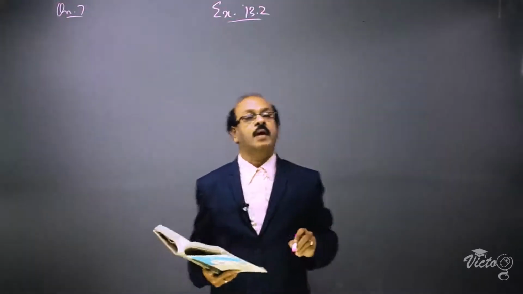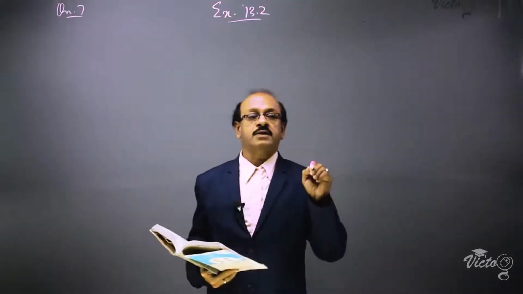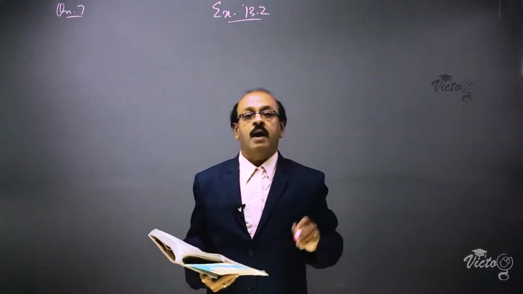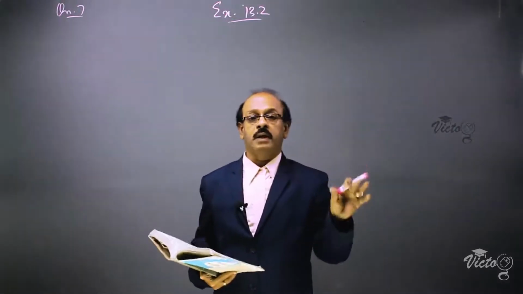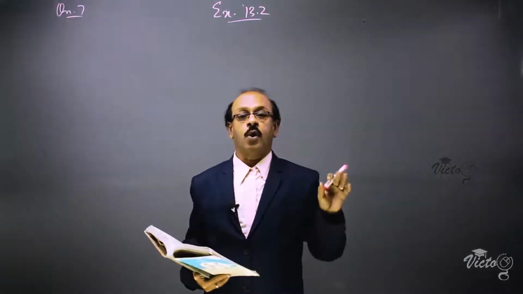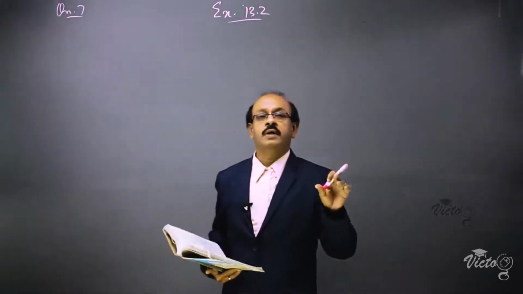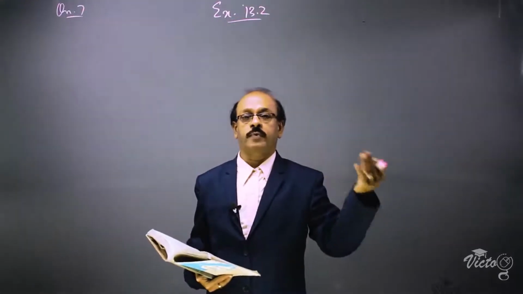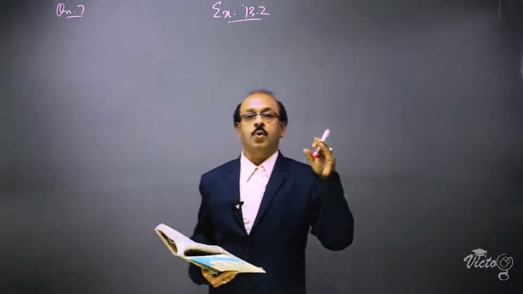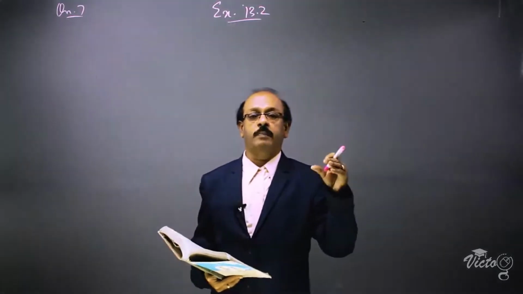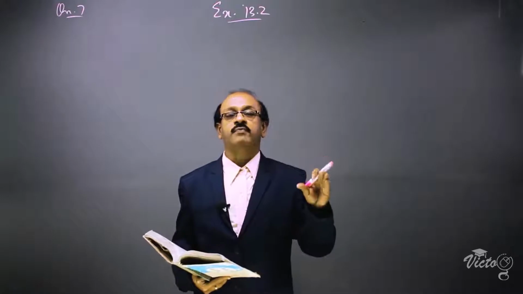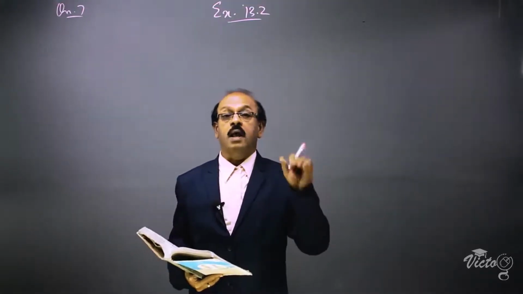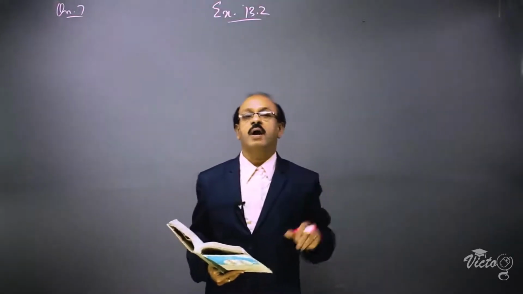This is the question. There is a shape which is a cone standing on a hemisphere, and this solid is completely immersed in a cylinder which is full of water. When this solid is immersed in the cylinder, some quantity of water will overflow. That means the volume of water overflowing will be equal to the volume of the solid which had been immersed. So we have to find out the volume of water left in the vessel.